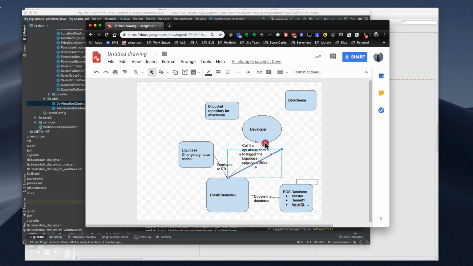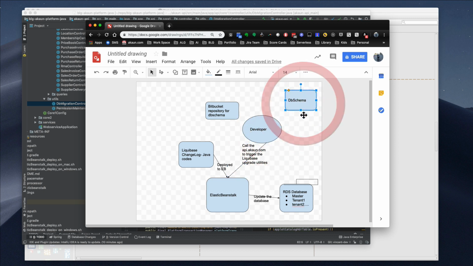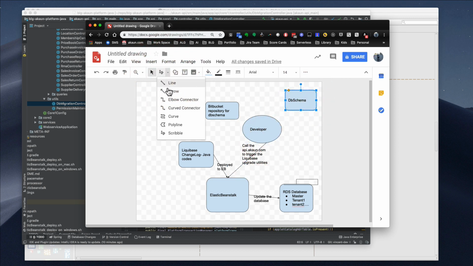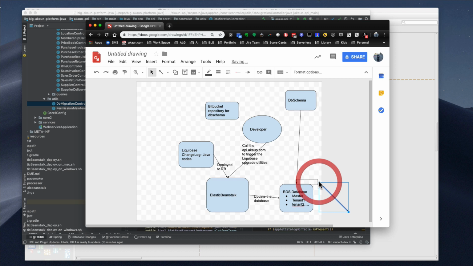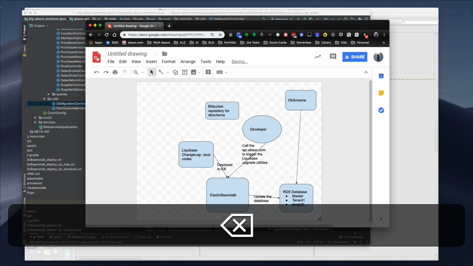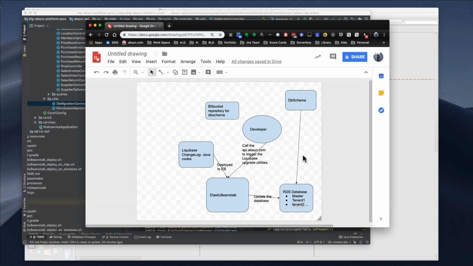Trying to. Okay, so I have a line here. Okay, so the DB schema will be the one connecting to the database, and then after that, of course, you check out, and this one is straightforward. You just update back to the repository. So what I'm trying to say is that this DB schema software is actually quite powerful in the sense that